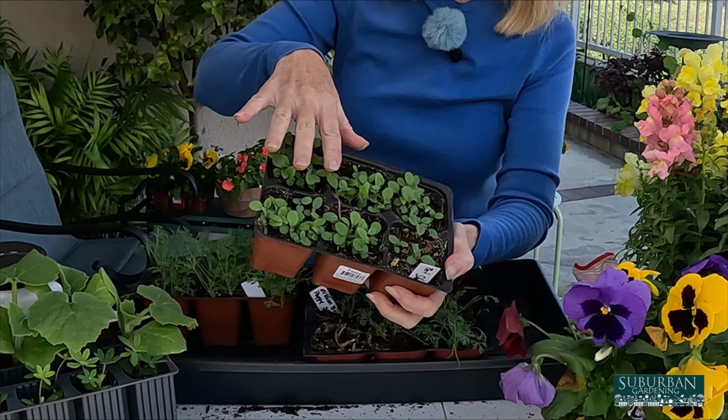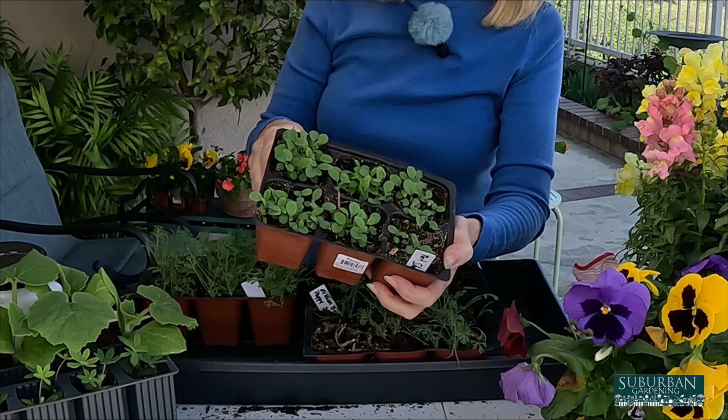How cute these little guys are. I can't wait to get those out into the garden, because they're going to grow big and they're really going to attract a lot of butterflies and pollinators. Okay, now we can move on to something I've been waiting for all day,